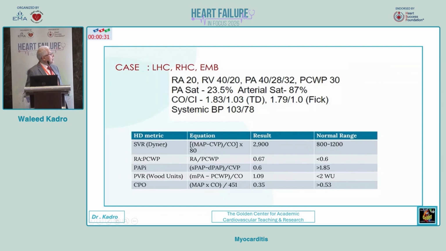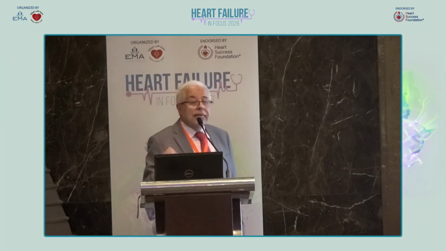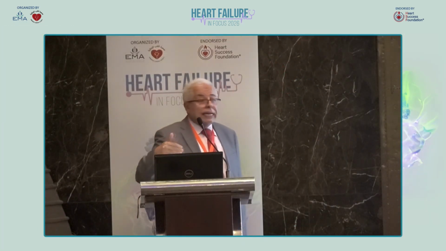Calculate the SVR, and if the SVR is elevated, that means really true cardiogenic shock. The body is trying to constrict in order to protect the other organs. Try to measure the ratio between the right atrial and the wedge pressure, and if it's elevated more than 0.6, that suggests congestion. And the PAPI, pulmonary artery pulsatility index, is when we measure the pressure in systole and diastole in the pulmonary artery and divide by the right atrial pressure. If the PAPI is reduced, that means